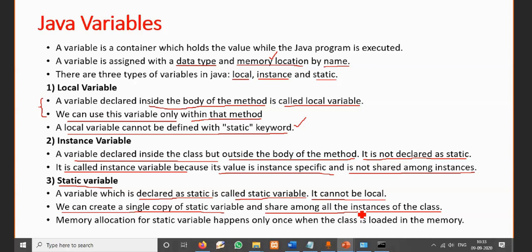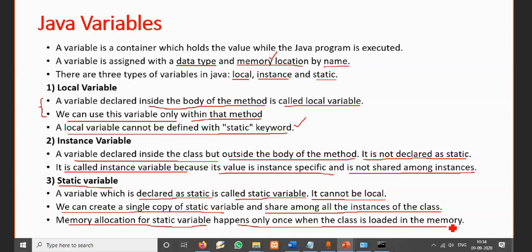So we can define that static, and share it among all the instances. The memory allocation for a static variable happens only once, when the class is loaded in the memory. That means once you define that class and load that class, at that time it will allocate one fixed memory, and that same memory can be used by all the instances.